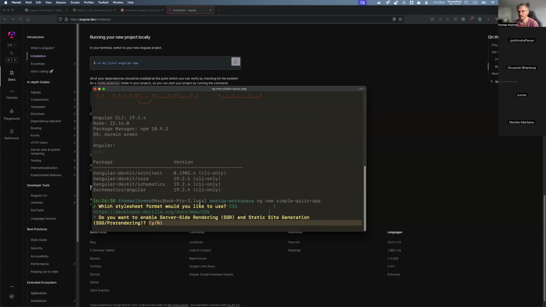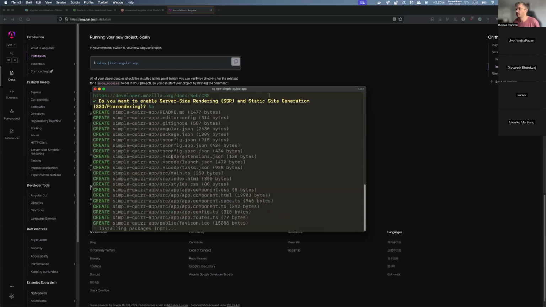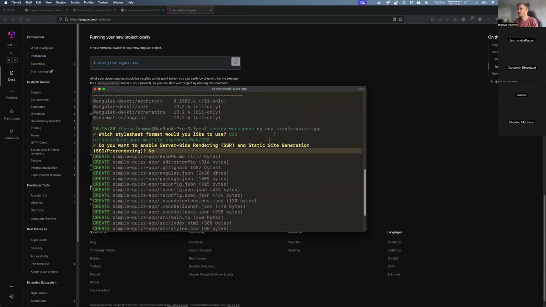When it's uppercase, it means that if you just press enter without saying anything, it will use this as the value. So it will be an uppercase N. That's perfect, that's what we want. We don't want to use pre-rendering because it's for other usage. It's not for when we start learning Angular, right? So we're just saying no. Either you press N and press enter, or just press enter, and you can see we have no here, right?